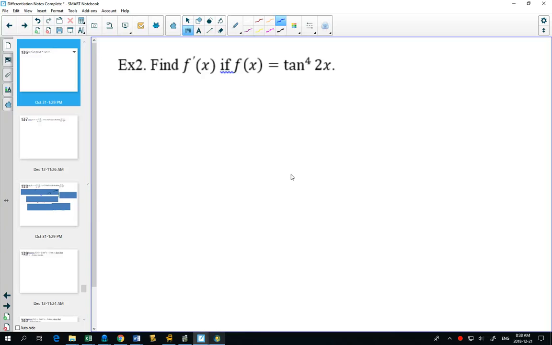A couple of examples have some old IB exam questions. We're going to look at them. This one, whenever you have a derivative with sine, cos, or tan, you might want to take the time